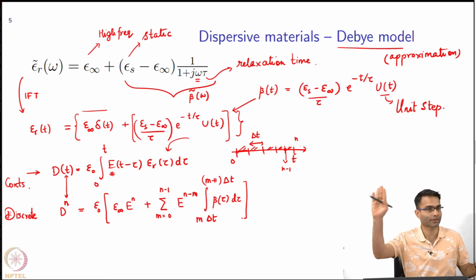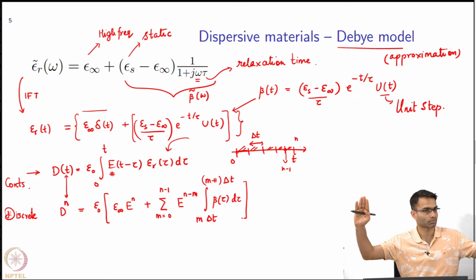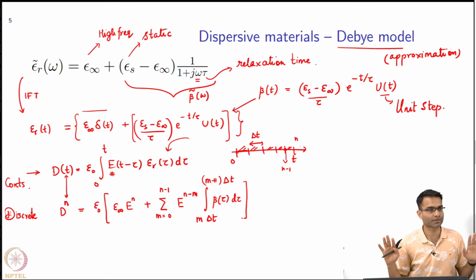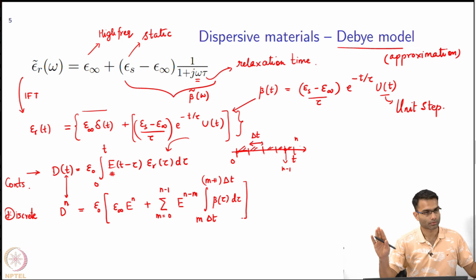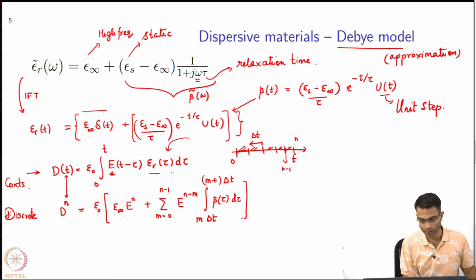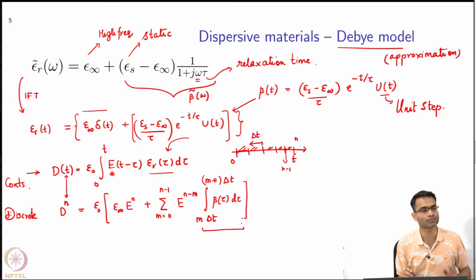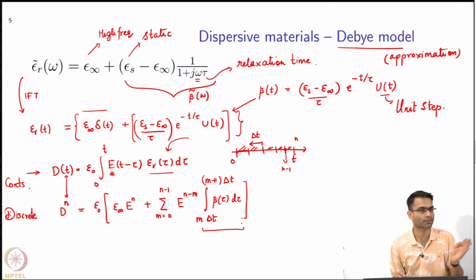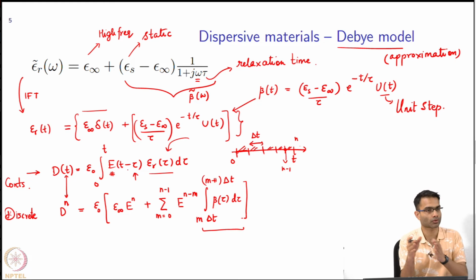So, its electric field is at the future, at the present, and epsilon is at the 0, right. I mean, this is a revision of how you do a convolution. So, epsilon r of tau is moving from 0 to t. This second part is moving from 0 to t as m is progressing, and on the other hand, as m is progressing, tau keeps increasing. So, E of t minus tau keeps decreasing. Finally, when tau is equal to t, I get E of